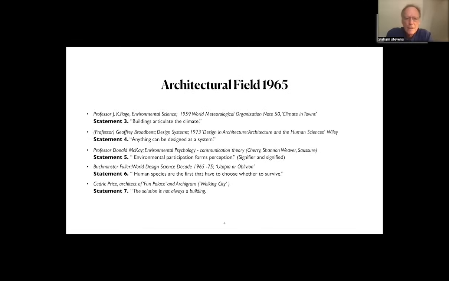And I got from him the whole idea of shifting from putting the object of the building in the climate to be affected by the climate, to buildings that articulate the climate. So you're affecting the climate, having an interchange between the climate and the building. Professor Geoffrey Broadbent designed systems. He wrote the book summarizing his course in 1973, Design in Architecture: Architecture and the Human Sciences, which covered the whole intellectual panorama at the time,